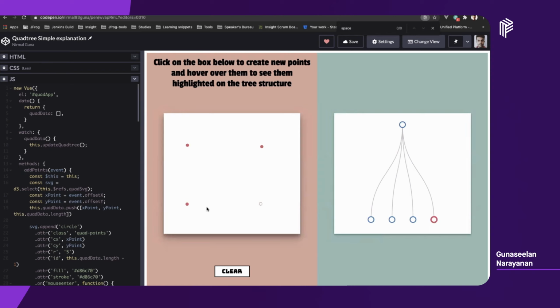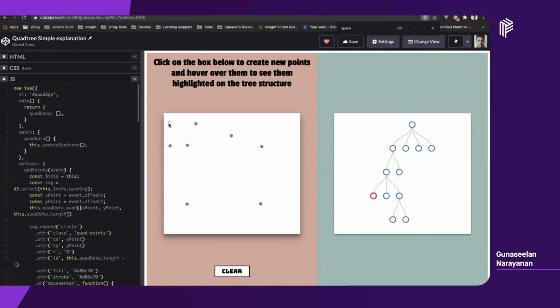Each one represents one child, right? So the square is split into 4, and we have got 4 different children now. Let me split this one into 4 more again. As you see here, this one part of the square is again split into 4, and 2 are lying on a smaller square, and this is on a separate square, and this is on a separate square. So this is how a quadtree algorithm works.